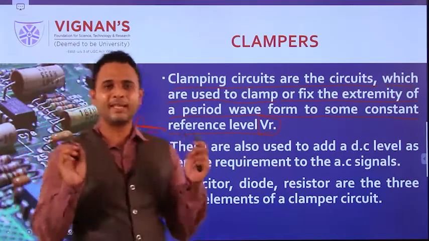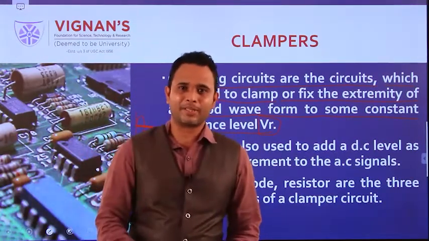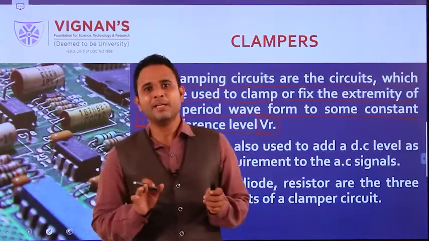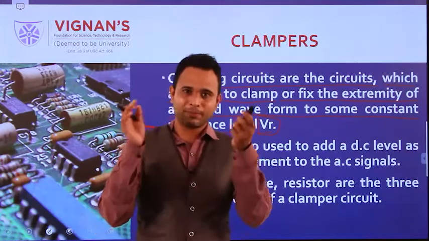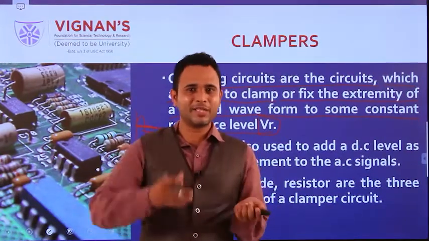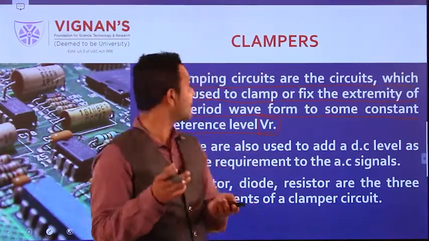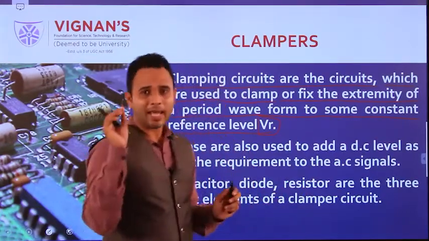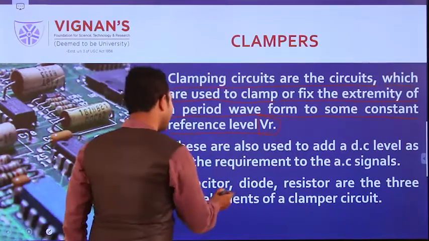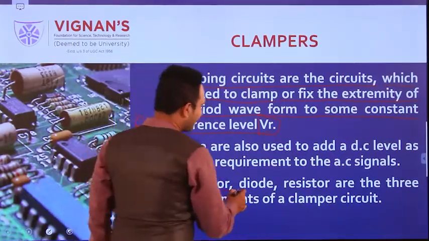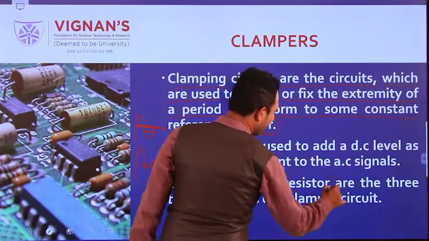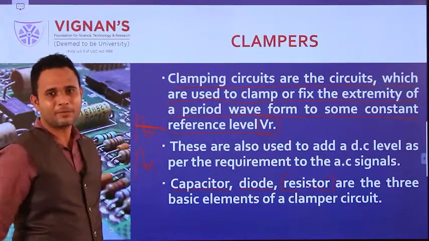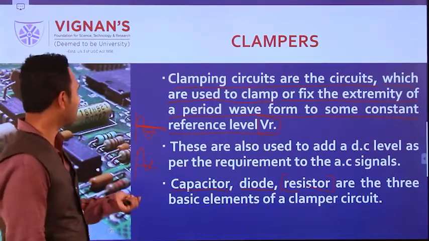But here the diode alone does not act as a clamper. For clippers only the diode acts as a clipper, with a reference where we externally add some DC voltage. Compared to the clippers, the diode alone is not a clamper here. Along with the diode we have to use a capacitor also, and commonly a resistor for the clamping circuits. How clampers work, we will see in the next sessions.